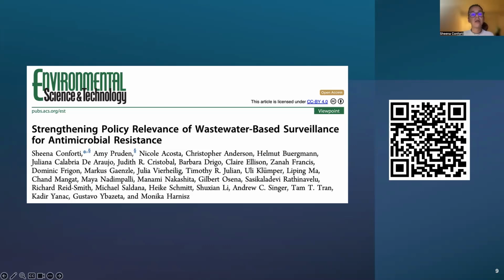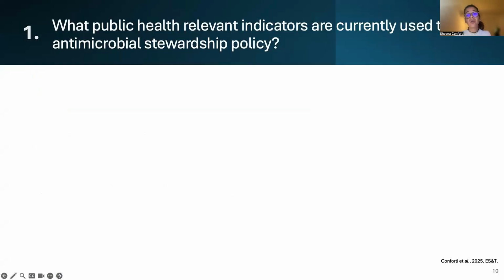And together with many experts of the field, we performed a workshop aiming at really trying to understand how we can make wastewater surveillance for antimicrobial resistance clinically relevant. And so we came up with this short viewpoint, which answers four questions that we believed were important to answer. And so, in order to make wastewater-based surveillance of AMR clinically and policy relevant, we need to know what there is